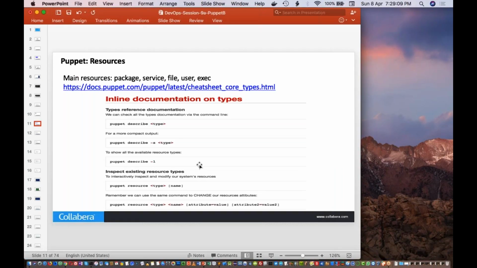The main resources are package, service, file, user, exec. These are the default resources. Exec is used to execute commands directly, like binary commands, with the help of the exec resource type. These are the main resources in Puppet, but there are 53 resources, and if you go to this URL, you will get a detailed idea about those resources.